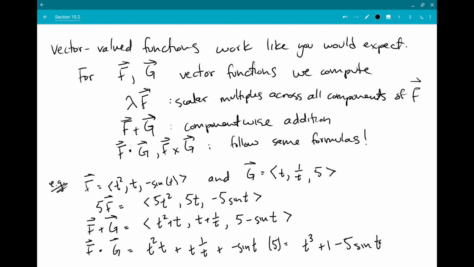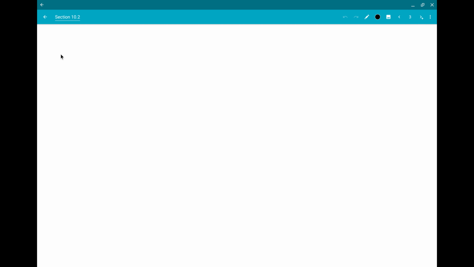I'm not going to do cross product because that takes forever. But all the operations we learned for vectors work the same way, even when we have these unknown values t hanging around. It still follows the same rules. We can also take derivatives and integrals